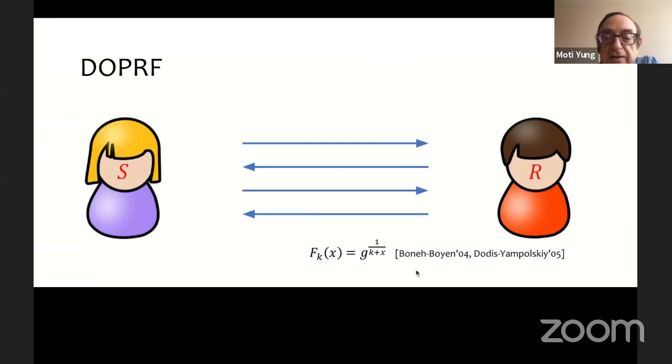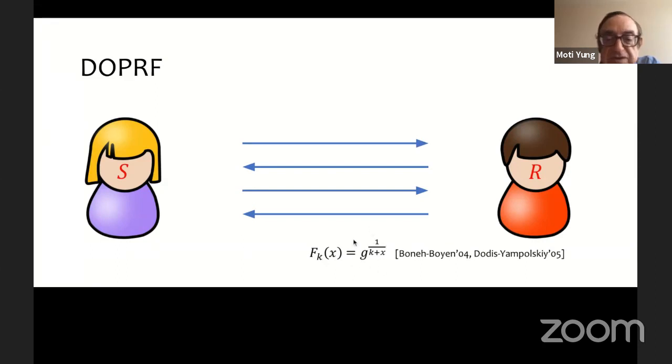There is one that first appeared in Boneh and Boyen, which is: F of k of an argument x is g to the 1 over k plus x.